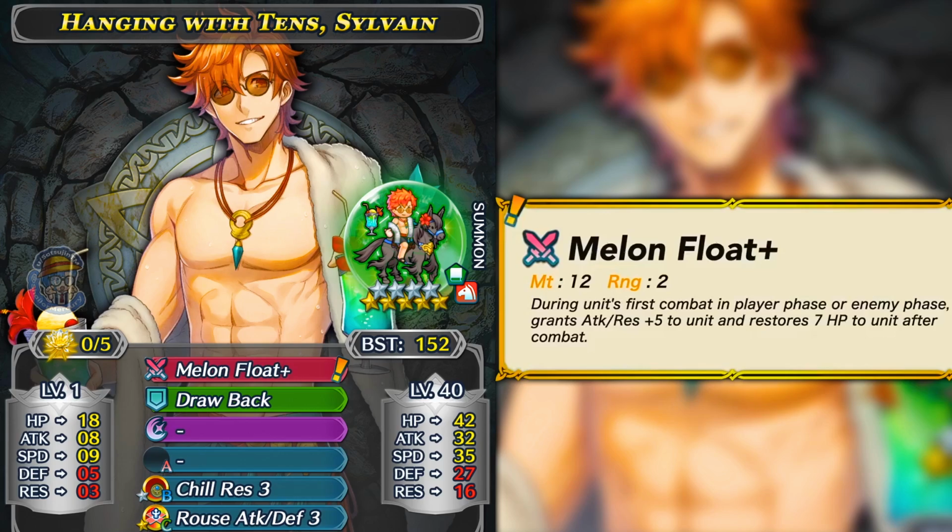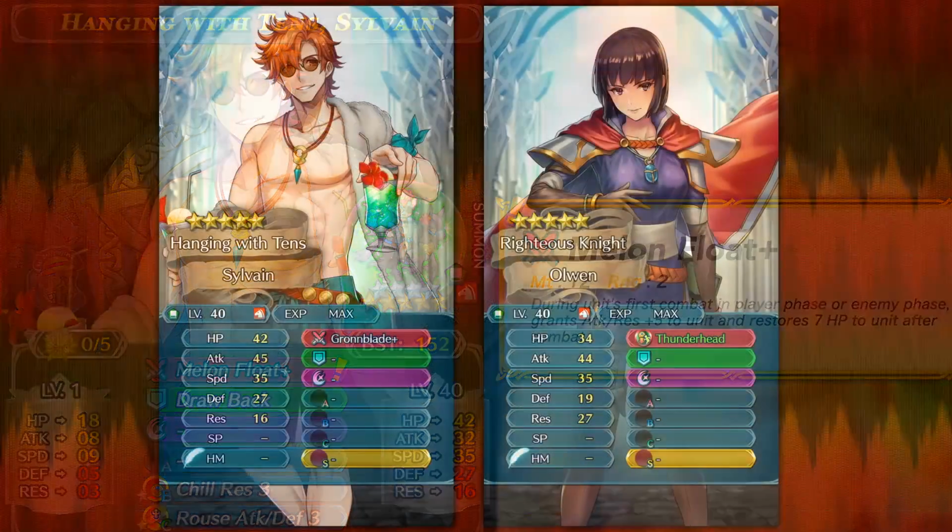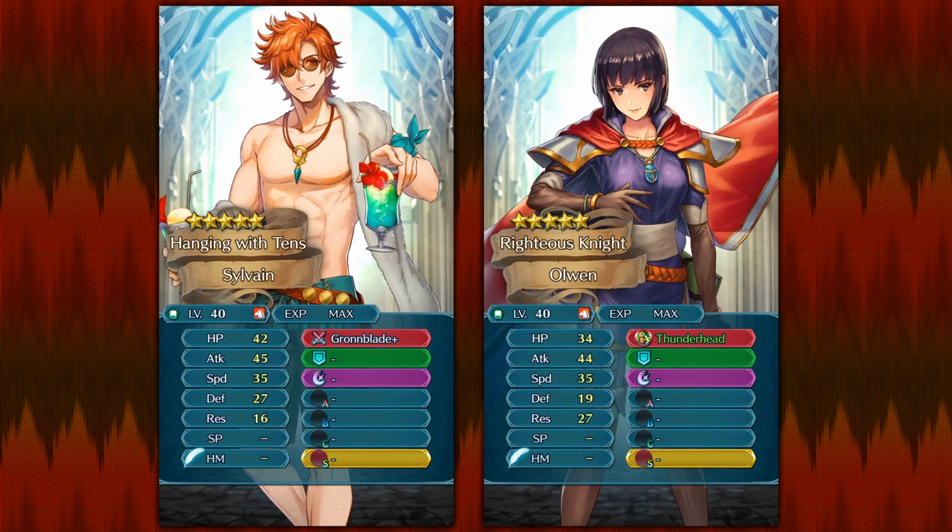His main competition, like all of the other Green Mage Cavaliers, is going to be Thunderhead Olwen, who's present in the normal summoning pool and who can also appear in the other revival banners. So you could actually plus and merge her, but Sylvain is actually easier to plus and merge because he's a 4-star focus unit. But when you just compare their performance, they have pretty similar offenses